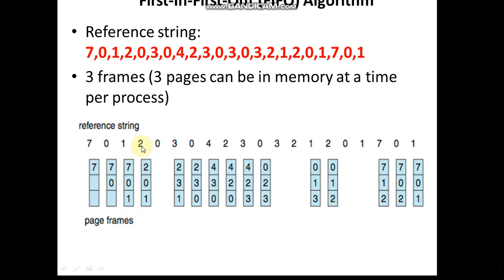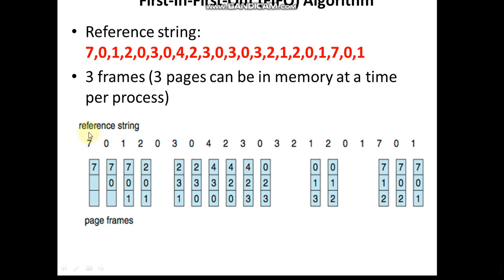Then the request has come for page number 2. So now we'll check whether page number 2 is available here. No. So again it has led to a page fault. Whenever a page is missing from the main memory, it causes a page fault. So as per the algorithm, we say first in first out. Among 7, 0, 1, which has arrived first? The 7th page has entered the main memory first. So this is the victim frame which has to be replaced.